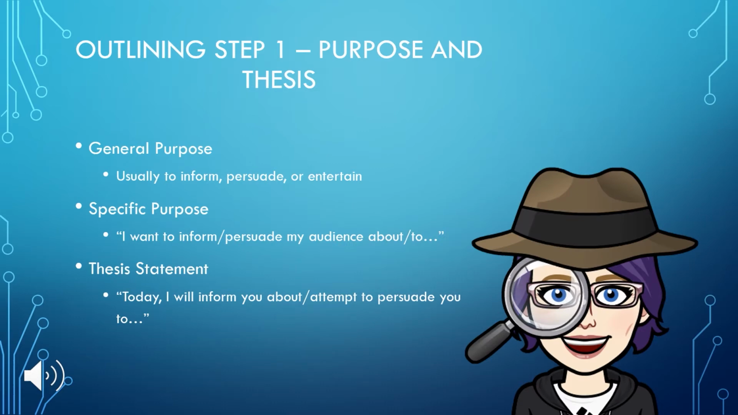Step 1, although I really think of it more as step 0, is to determine the purpose and thesis of your speech. We break down the purpose into two separate purposes, general and specific. The general purpose decides what kind of speech you're giving. This is usually to inform your audience about a topic, persuade your audience to do something, or entertain your audience. Note, you can do more of these in one speech, but the general purpose dictates the general structure and flow